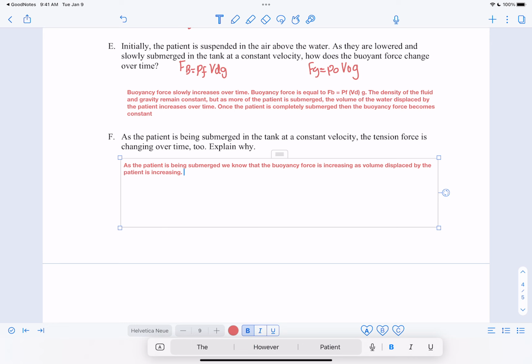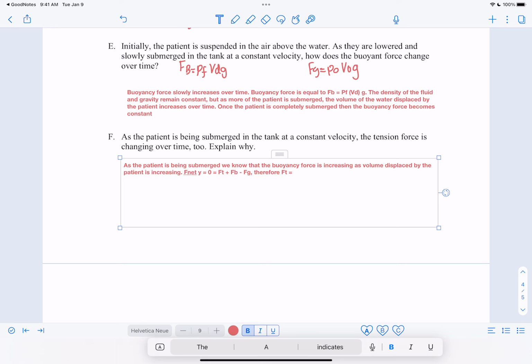And then we can set up an F net equation. We can say that F net Y is equal to 0 because the patient's at rest, and that's equal to the tension force plus the buoyancy force, both in the positive y direction, minus our force of gravity. When there's no acceleration, no net force, F net Y is equal to 0. Therefore,